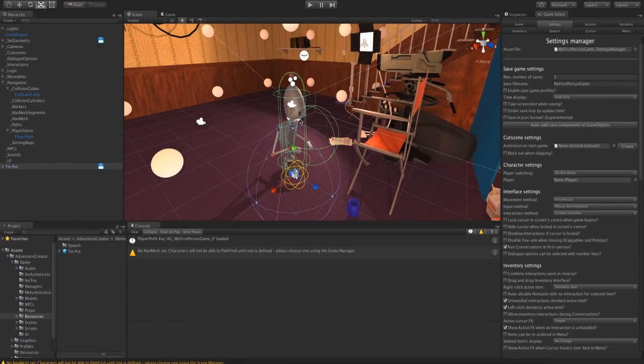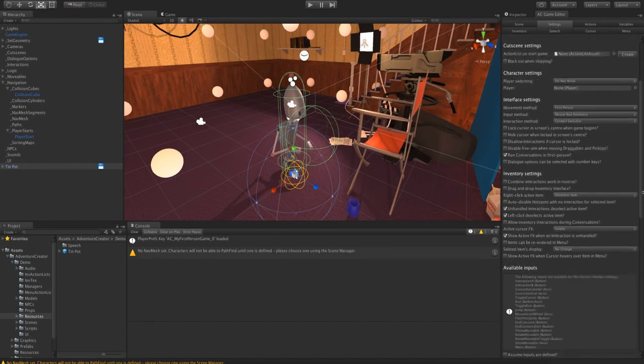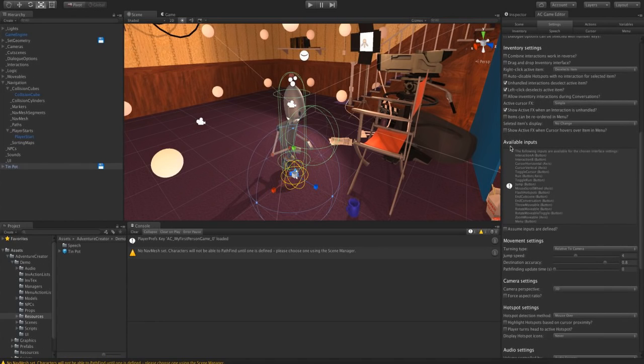So we can change which mode is happening in game. Let me explain a little bit better. We want to invoke the toggle cursor input, and you can see down here in the available inputs, we've got among them toggle cursor, and that's a button, and that'll flip between the two modes.